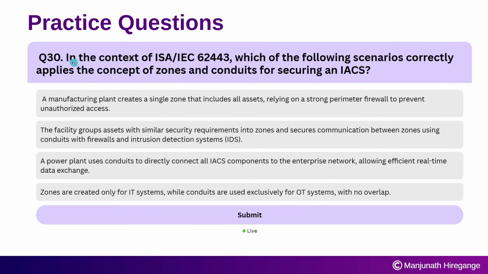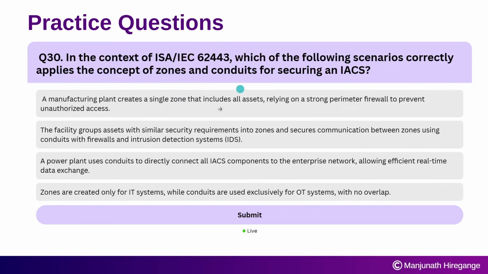So last question in this series. In the context of 62443, which of the following scenarios correctly applies the concept of zones and conduits for securing an IACS? A manufacturing plant creates a single zone that includes all assets, relying on a strong perimeter firewall to prevent unauthorized access. The facility groups assets with similar security requirement into zones, and secures communications between zones using conduits with firewall and IDS. A power plant uses conduits directly to connect all IACS components to enterprise network, allowing efficient real-time data exchange. Zones are created only for IT system, while conduits are exclusively for OT systems. So maybe